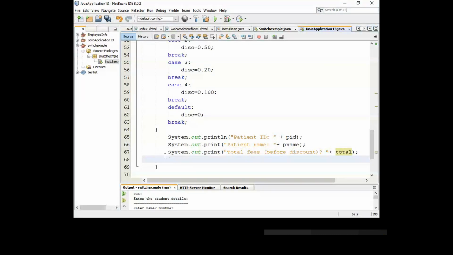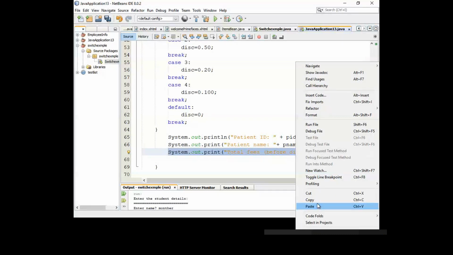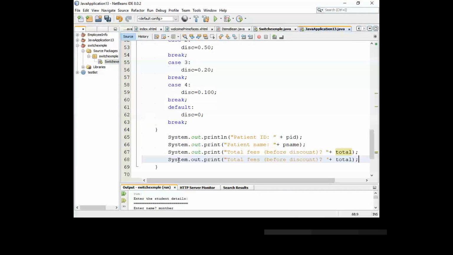I will just copy this one again and say Control V, and this one is after discount,